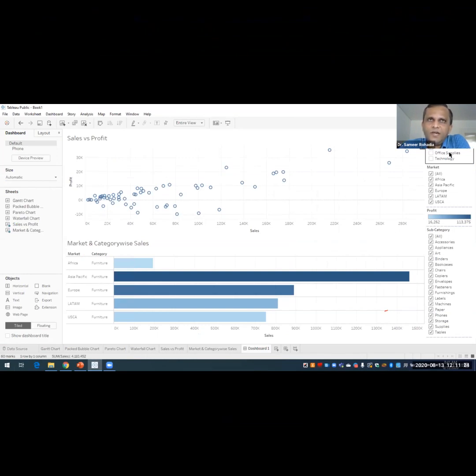In the office supplies category there are some specific subcategories, and in the technology category there are also some specific subcategories. Now currently, whenever I select the category furniture, in the subcategory filter I'm able to see all the subcategories. I'm not able to see only the subcategories which are related to the furniture category.